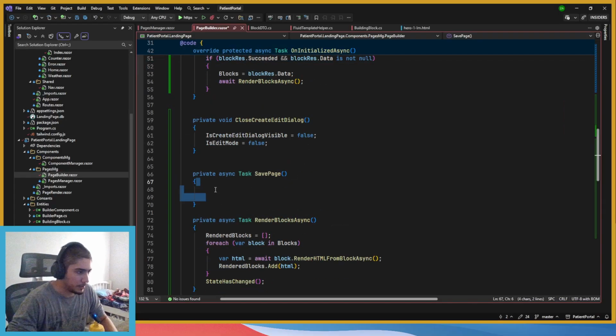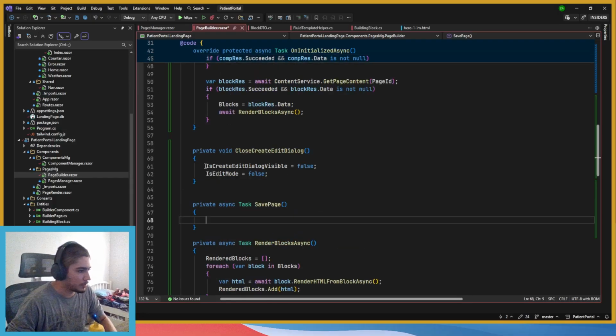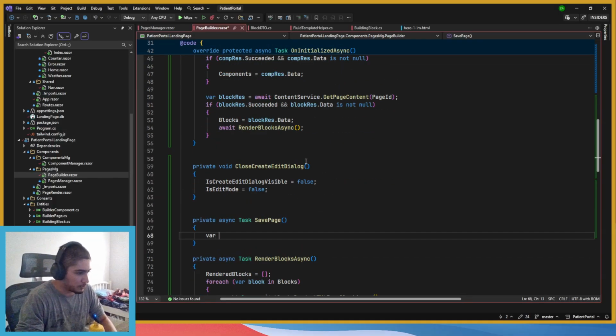So this will actually save the blocks. So what we're gonna do, we're gonna prepare it from now, I guess. So var save page response equals await, page content service technically. Save or update page content.